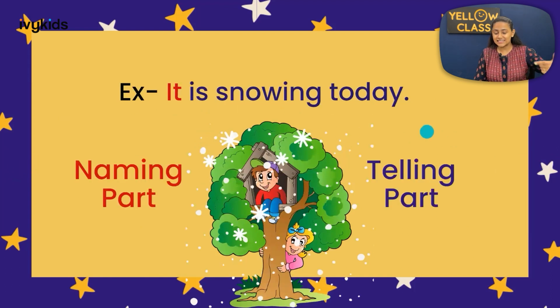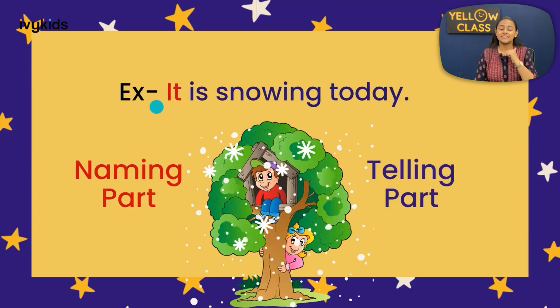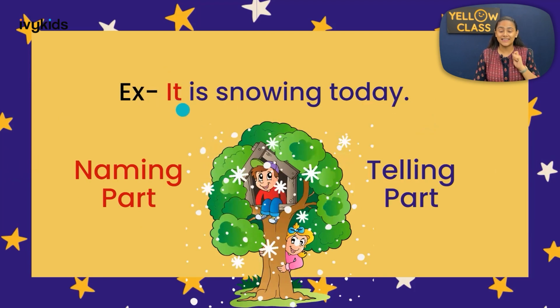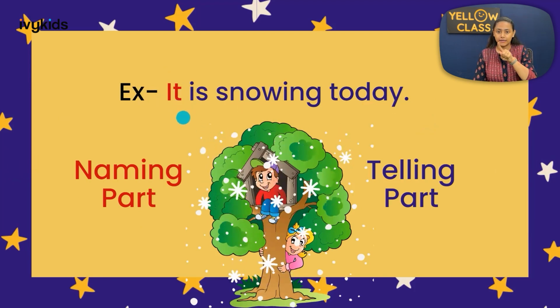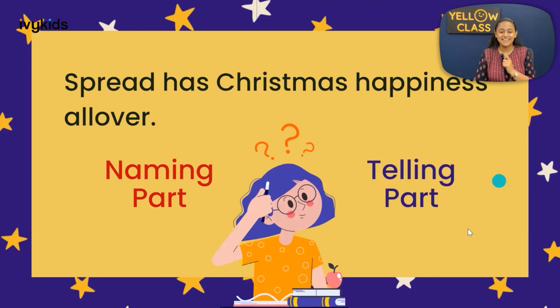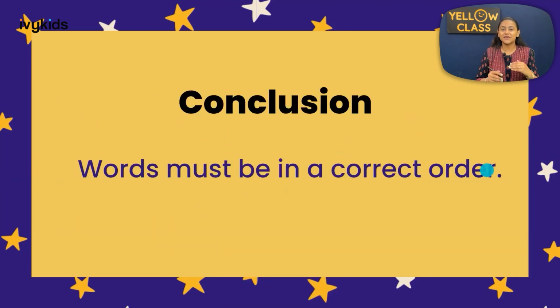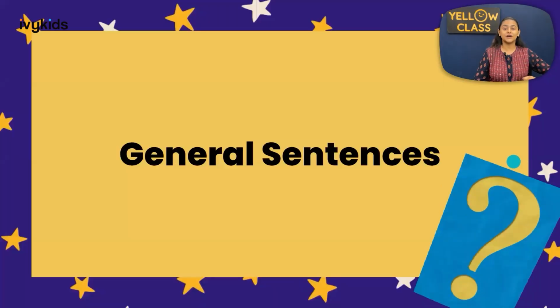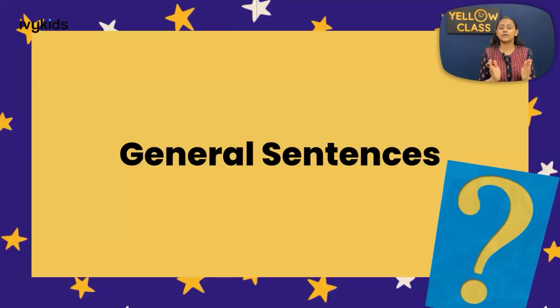When we look at this example, it is snowing today. The sentence started with capital I, with big I. Reason? Because this is the beginning of the sentence, and when we end the sentence we put a full stop, right? Okay, so as we have concluded with this, now we are going to continue the session with some general